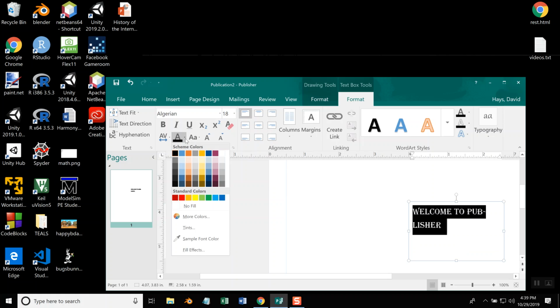If you want more colors, then you can choose this more colors option. It'll pop up with, I'm not sure what you call that, a gradient type. Right next to it, the A with the black line underneath. Okay. And then I chose the little drop down arrow to the other side. If you just choose this, it'll change it to black, which is already black. But you have to choose that drop down arrow right